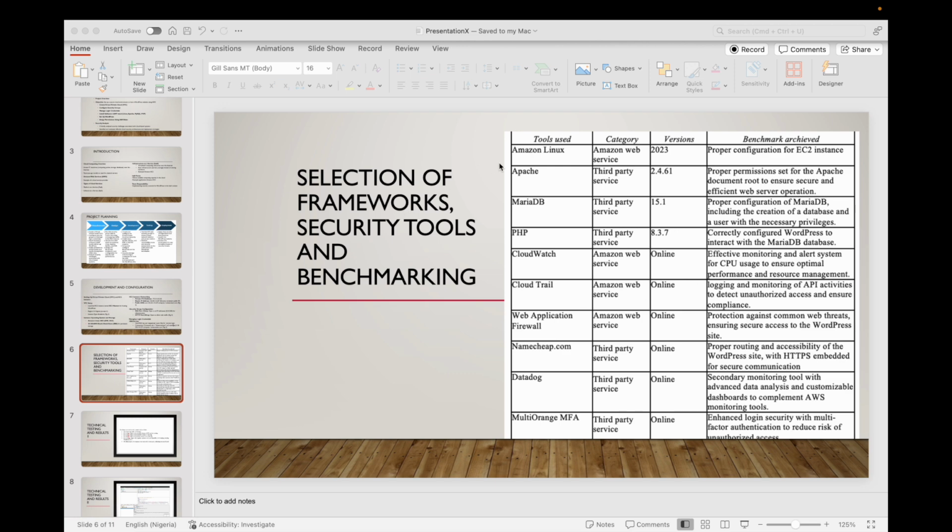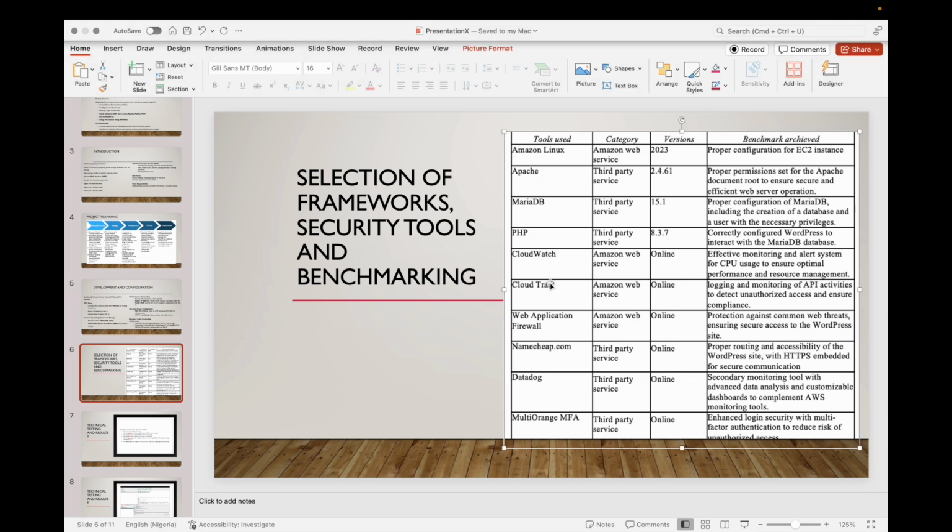Next we used various tools from AWS and third-party tools to act as security for our entire stack. So we made use of CloudWatch, CloudTrail, WAF, Namecheap, Datadog, and miniOrange MFA. Each of these screenshots can be found in the